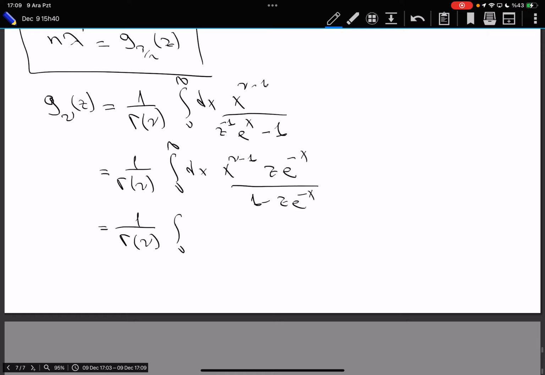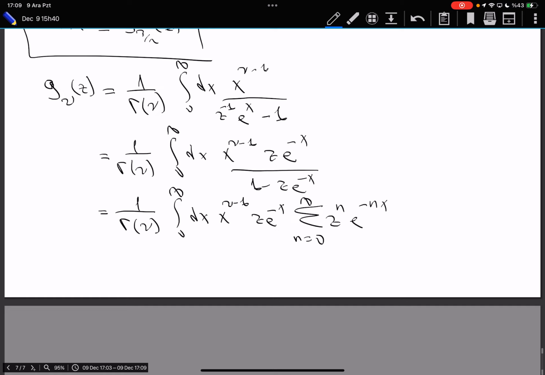Now I can expand the denominator, which is the sum over n from 0 to infinity z to the power n plus 1